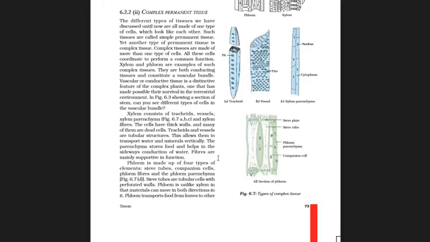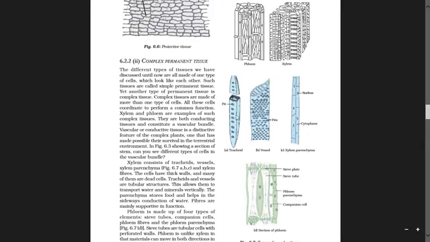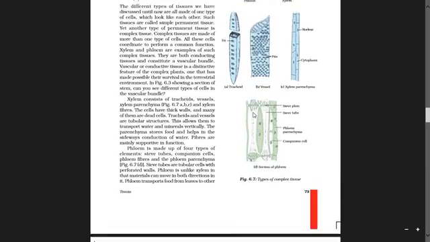If you can see here in the picture, tracheids are shown. How are these tracheids? Here you can find that they are thick. Vessels, you can find that these vessels are tubular in structure. In this parenchyma, you can see nucleus and cytoplasm present so that it will store the food. So these diagrams you should remember.